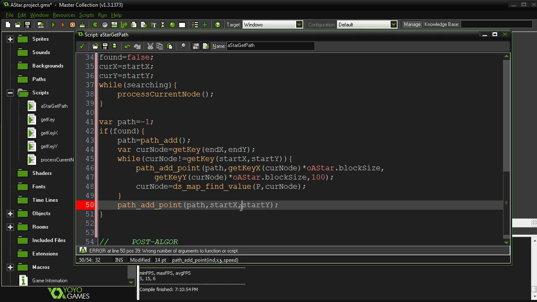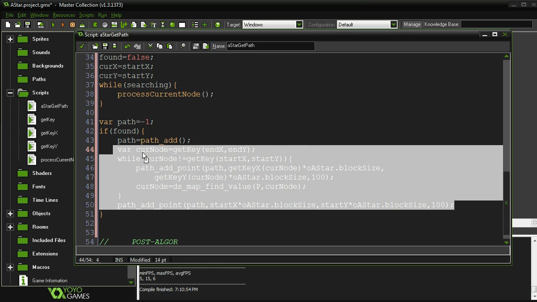And again, down here, we're going to multiply that by OA star dot block size, and OA star dot block size. Alright, and make that a lowercase t. Whew. And again, the 100 over here. Okay, almost done with this part. Okay, so now we have all of our points added from end all the way to